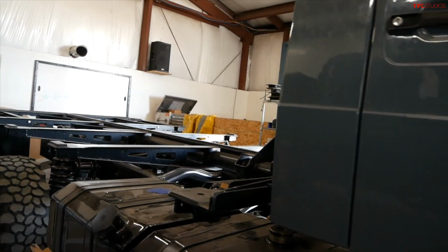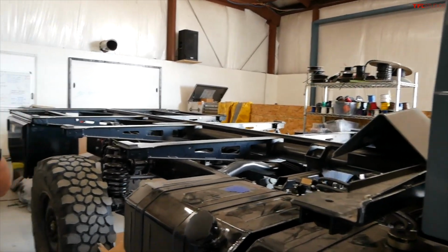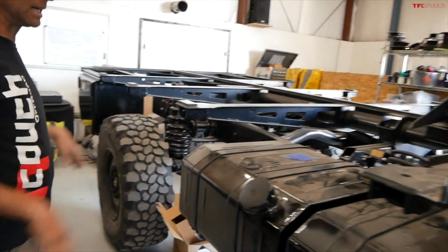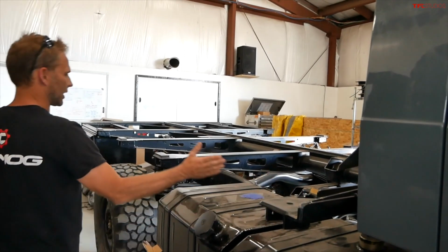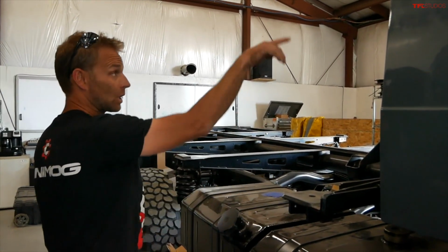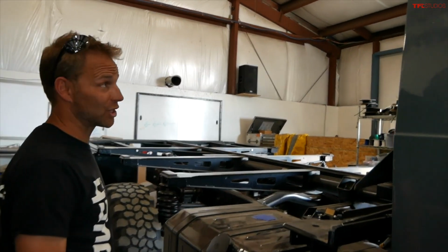All right, so this big guy, these are the small tires, believe it or not. Those are 42s. We just leave them on because we're building it up and it's easier to get in and out of. There's a living structure that goes across the back that mounts onto this, locks into these components. I have to take a Sawzall to the back of this cab, which I'm trying to...